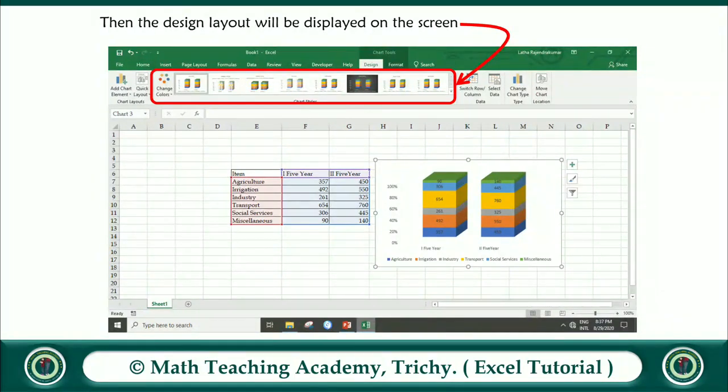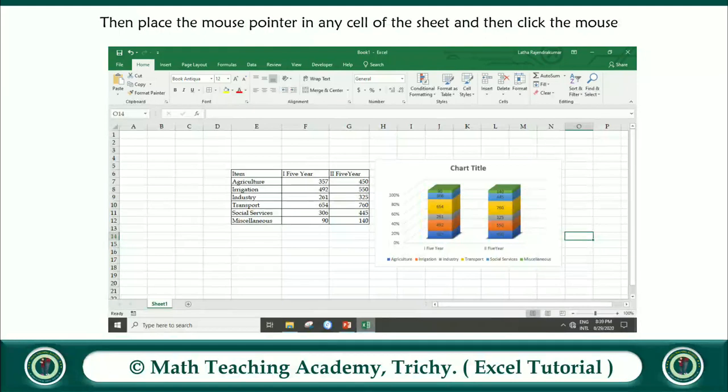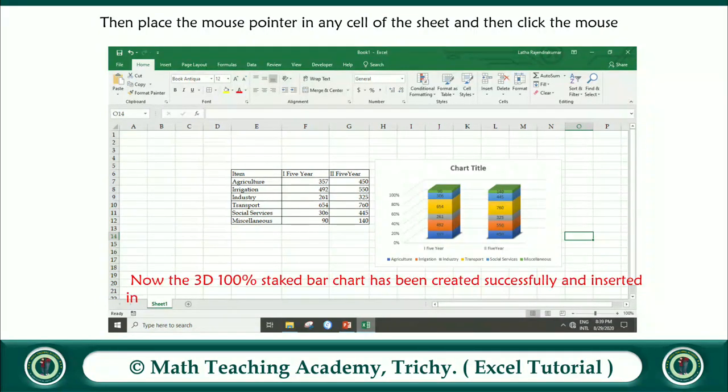These are all the layouts in the design menu. There, choose the layout whichever you like. Then place the mouse pointer in any cell of the sheet and then click the mouse. Now the 3D 100% stacked bar chart has been created successfully and inserted in the active worksheet.